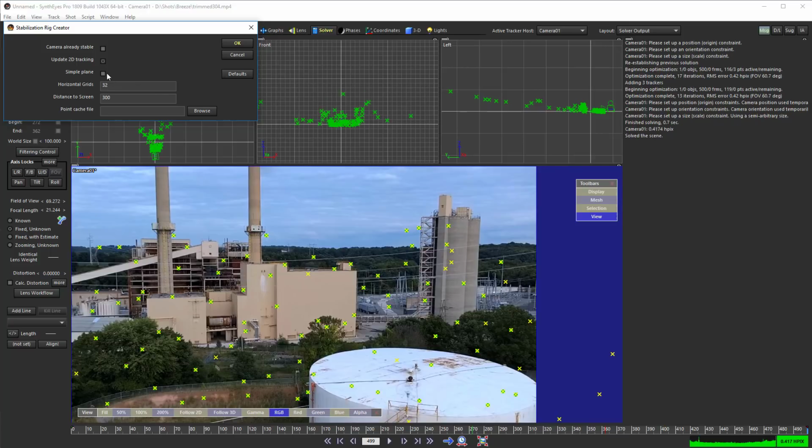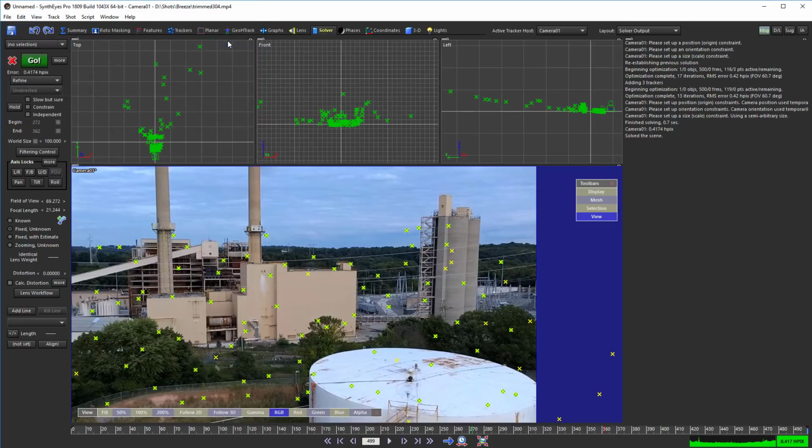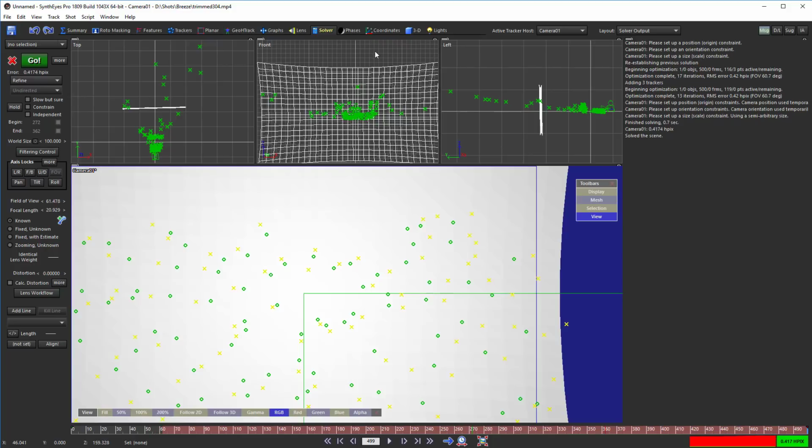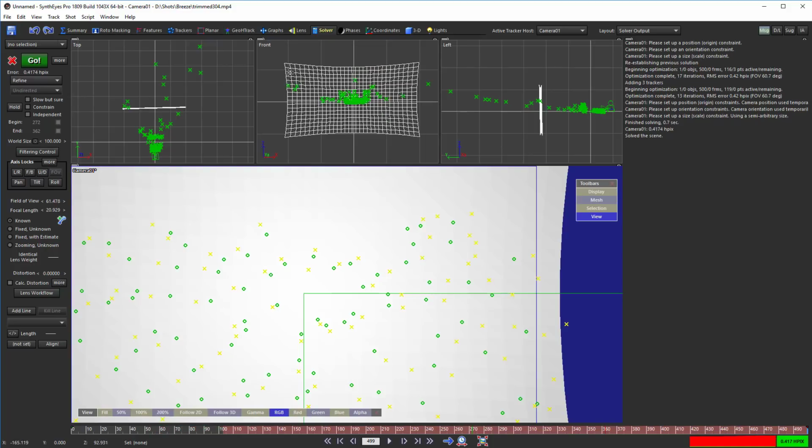And we're going to keep the simple plane option off because here we're going to export to Fusion, which is a full 3D mesh capable application. And we're going to feed it a 3D mesh. And let's do that, and we'll see what that mesh is going to be. You can see it up here in the front view. Instead of having a pure projection screen, a nice rectangular projection screen, now the projection screen has this shape here that compensates for the distortion in the